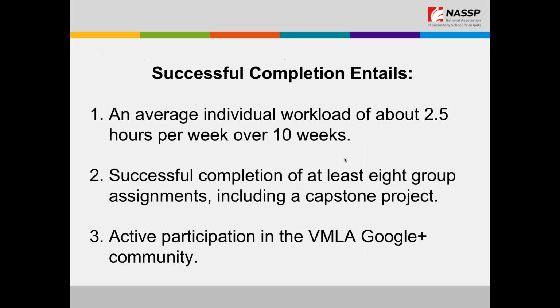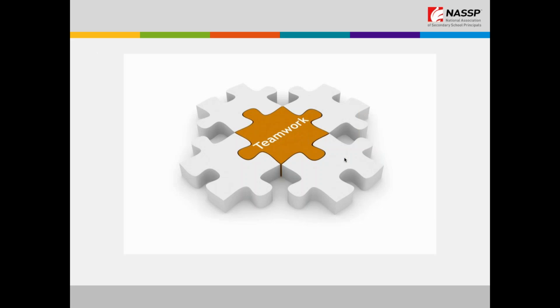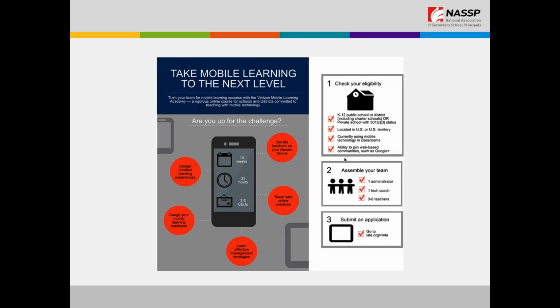All right. So assemble your team, as Karen had mentioned. Ideal teams are going to have at least one administrator, one tech coach, and then the rest will be teachers. 10 is a great number. That's a good, solid number that gives you a great team to work with, to communicate, to problem solve, to look ahead. You can have more than one administrator on the team, and you can have more than one tech coach. So look at assembling your team, and then go ahead to that